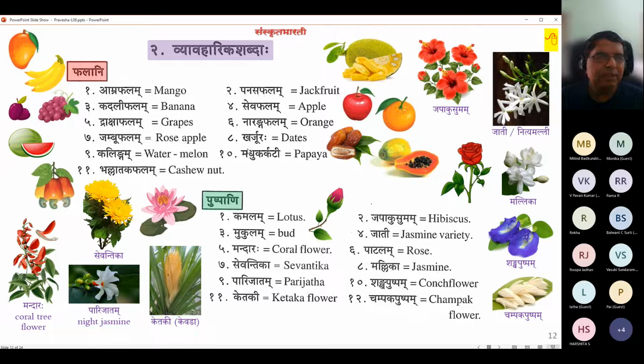So you can choose your favorite flower and favorite fruit from this wonderful list. For me, it is Panasa Phalam and Ketaki. Ketaki wins it for me in her unique nature. It's becoming rarer and rarer.